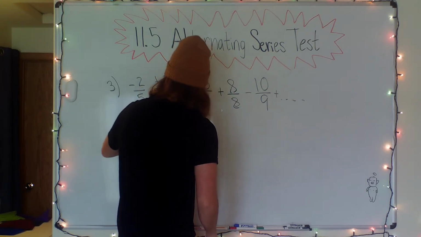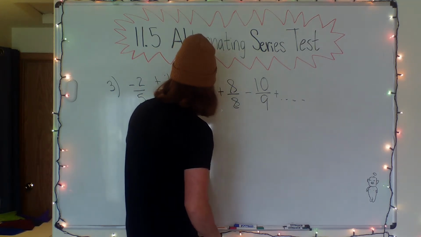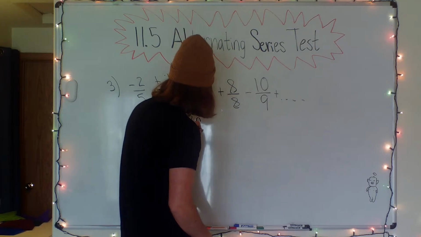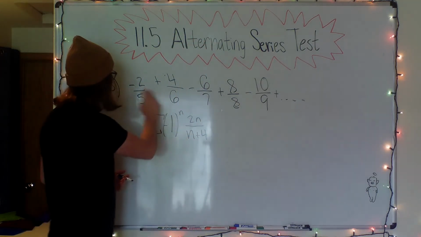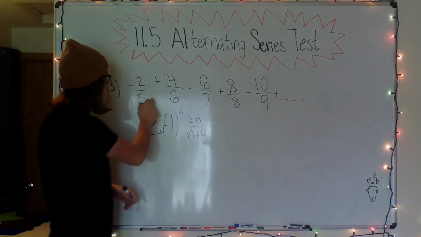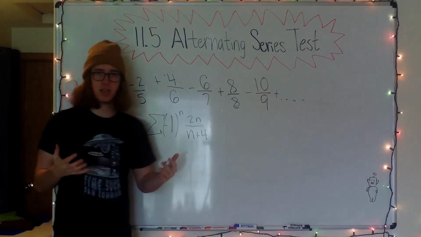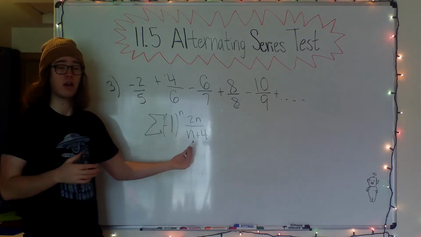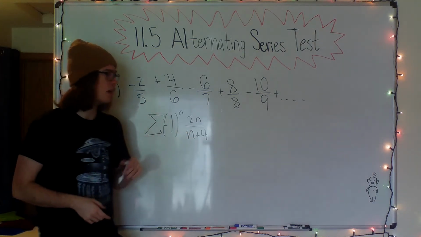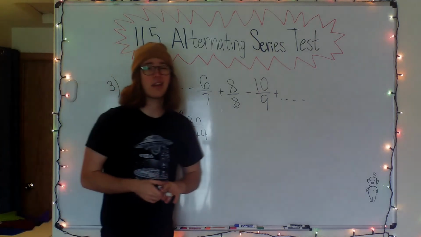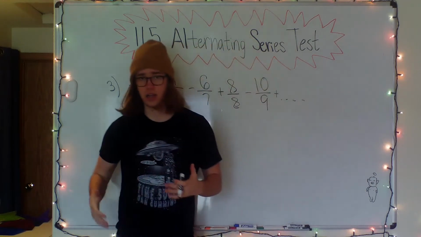of negative 1 to the n over 2 to the n plus 4. And this would be our sum, right? Because we see the numerator goes up by 2 every time and the denominator goes up by 1 every time, but it starts at 5 where n equals 1 at the beginning, so this has to be 1 plus 4 to make 5, and that's 2 to the n, or 2n. So we know what our series is, but we didn't even need that to test its